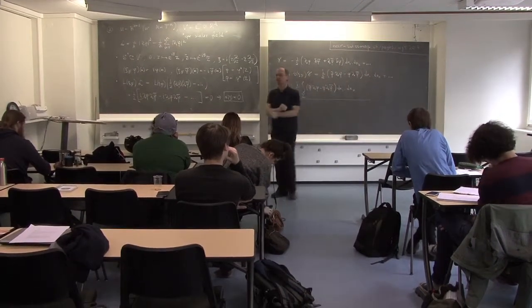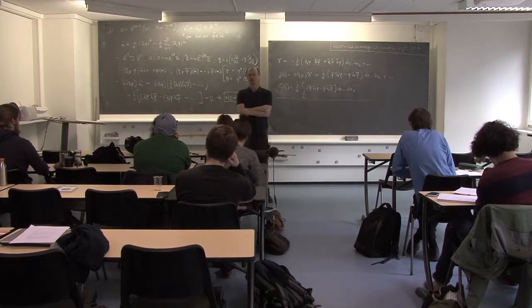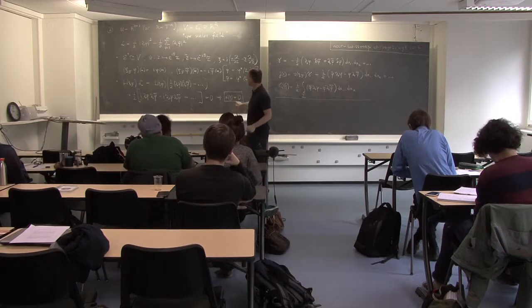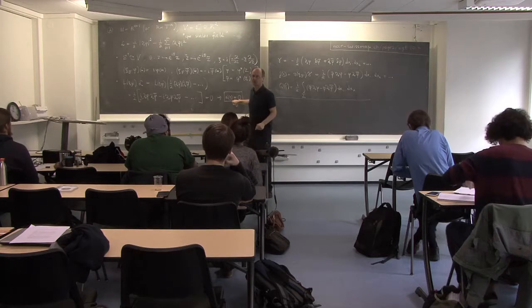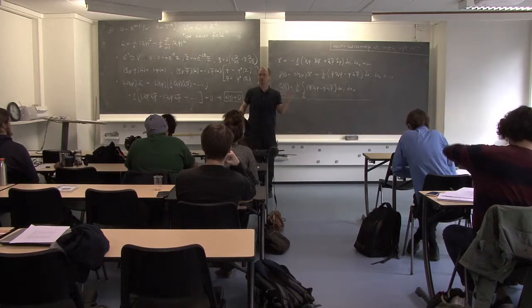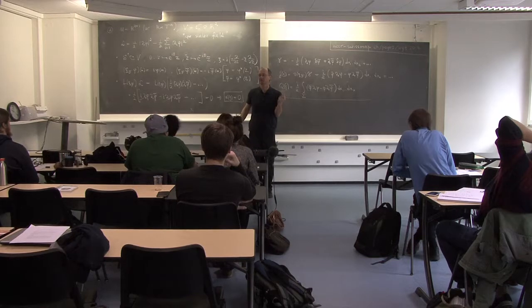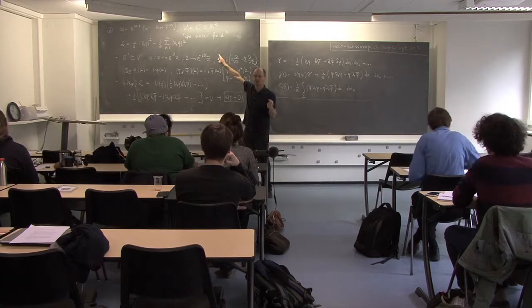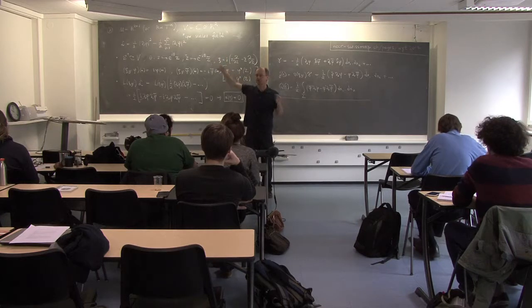So let's have a break, and after the break, we'll look at the situation when alpha perhaps is not 0. This typically comes up when you try to act by symmetries on space-time. Up to now, we were acting on the target space. The question is, what happens if we start working with space-time?